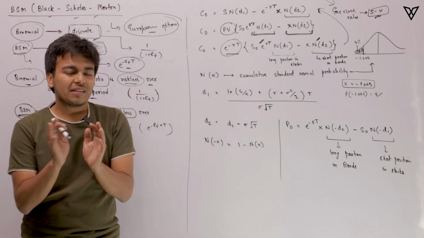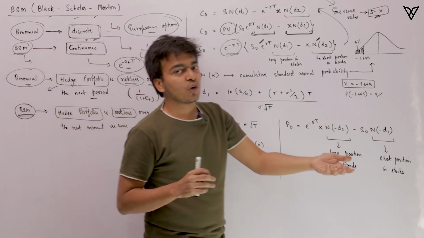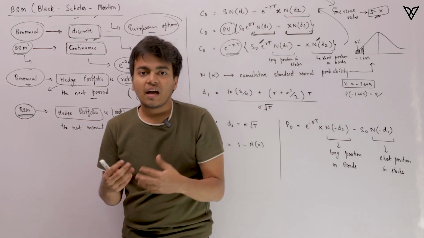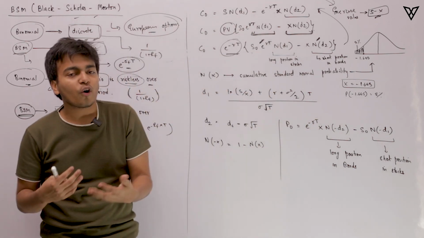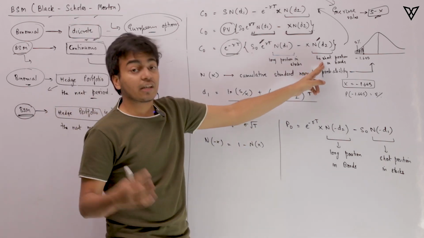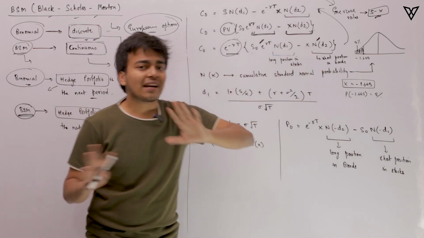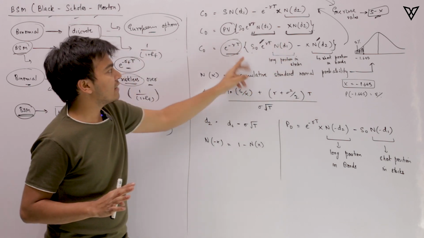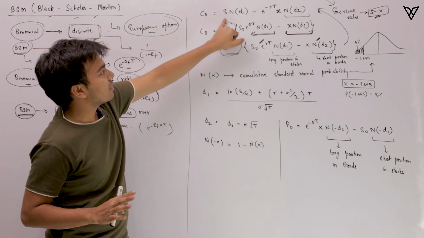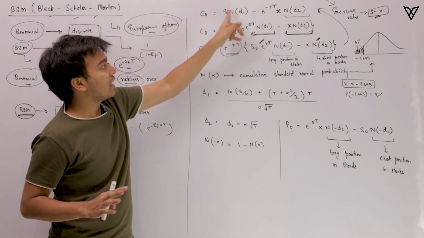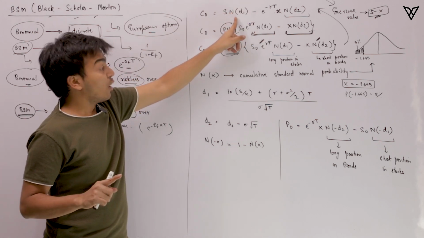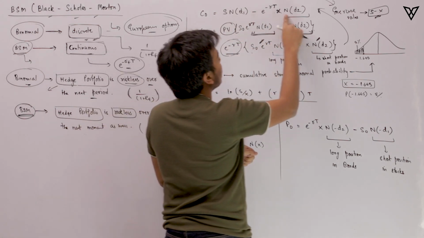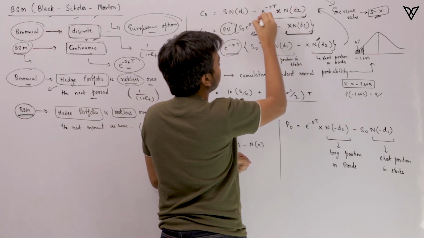Alright, so basically the whole idea is to go long in stocks, you need to have some money. And how do you really get that money? You borrow it. And since you're borrowing money, you are doing what? You're going short, you are taking a short position in bonds. So that is exactly the meaning of how this formula really works. Alright, so once you apply this, you arrive at this number, and this number is nothing but S into N(d1), that is the value of stock, how many stocks you are buying, less this is the total borrowed amount as of today.